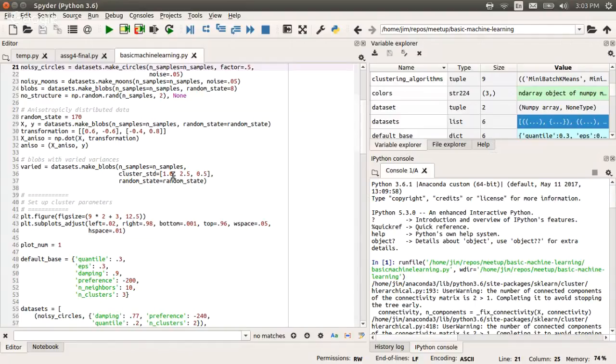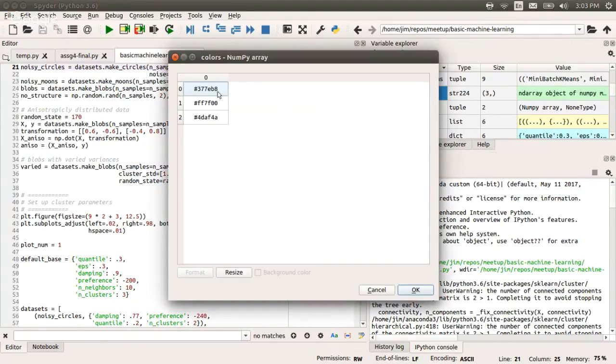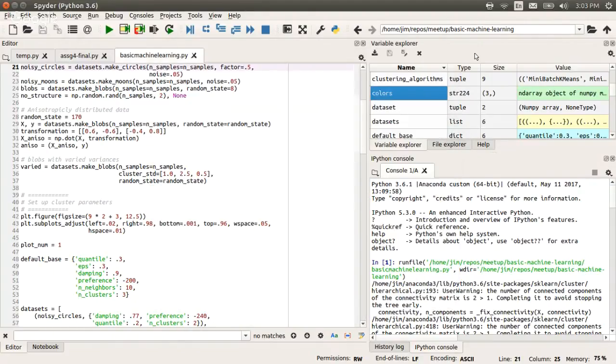Like I ran this program and I can actually see the values of my variables up here. I have this array of objects of NumPy. I can actually double-click this and see what's in it. I like using an IDE, an integrated development environment. In notebooks, I've taken classes where I watch students doing really complicated stuff and they have no idea how to debug, and no wonder they're beating their head against the wall and spending hours on it.